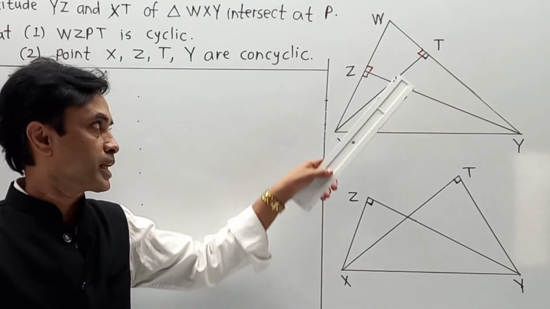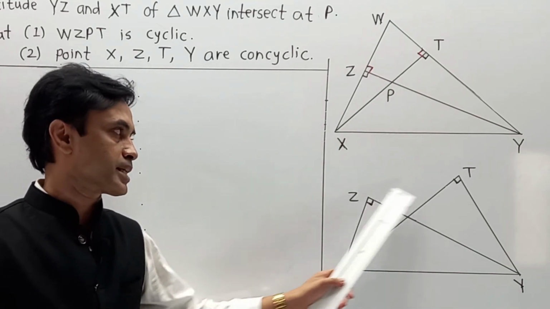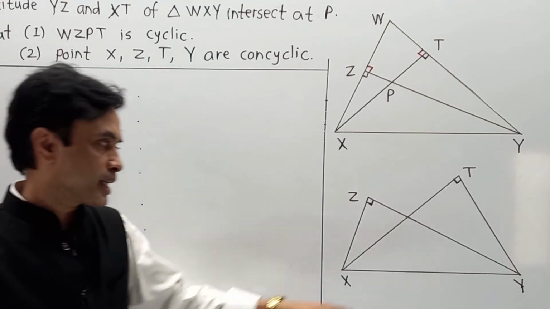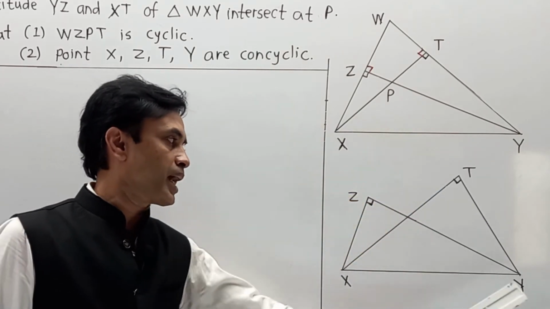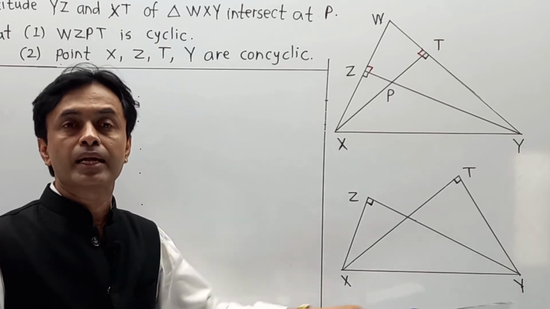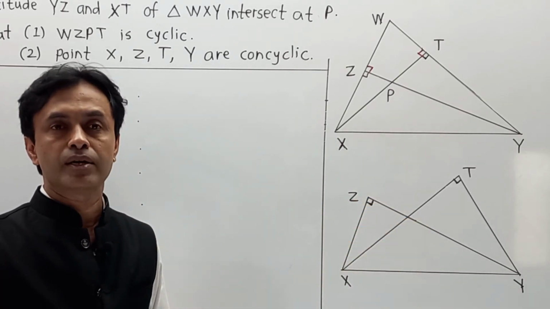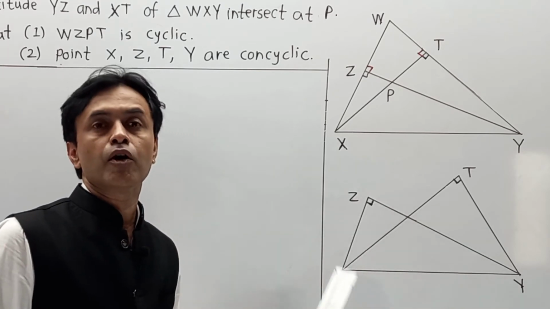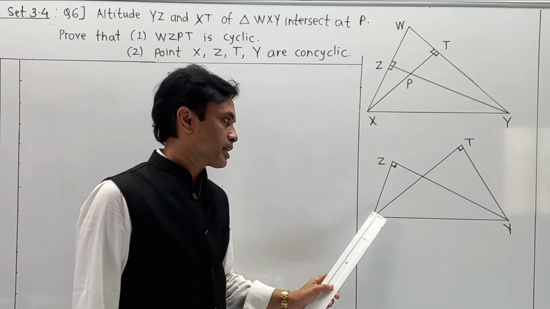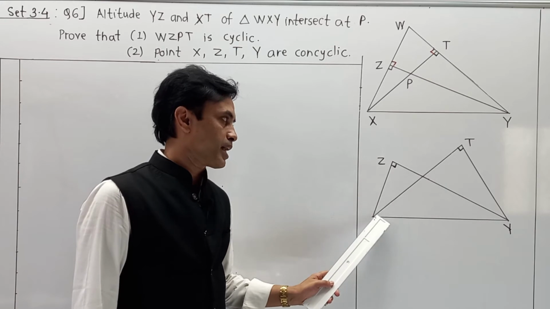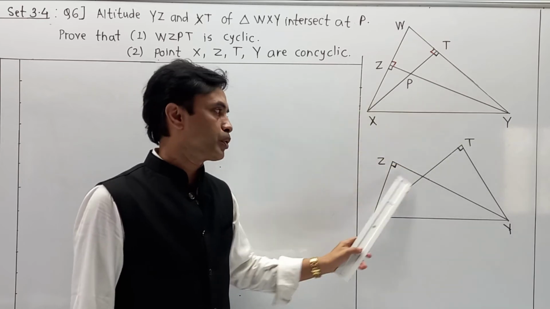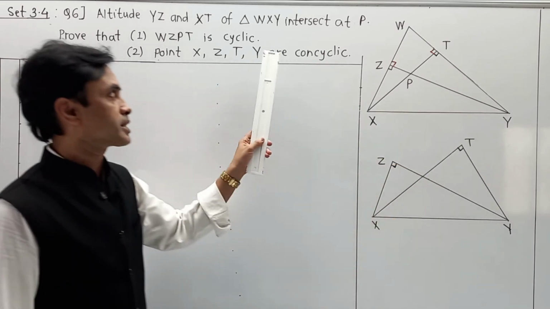If you want to prove concyclic, I have taken this diagram outside: X, Z, T, Y over here. Now, in this case, we know one theorem that if two angles are formed having the same starting and end point, that is the same line XY, where X is the starting point and Y is the end point, and both angles are formed on the same side and they are equal, then all four vertices must be concyclic, or must lie on the circumference of a circle. Here angle XZY is 90. Angle XTY is also 90. It means that on the same side of a line, both angles are congruent. Definitely we can prove it as concyclic.